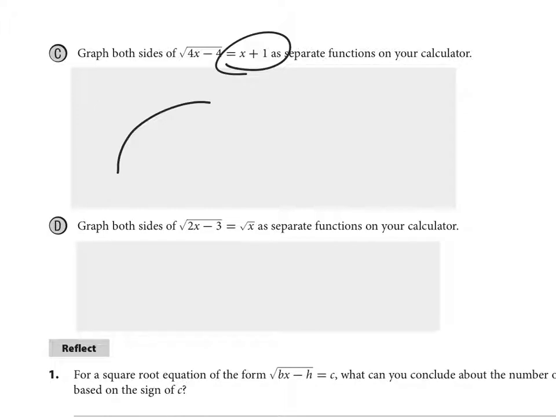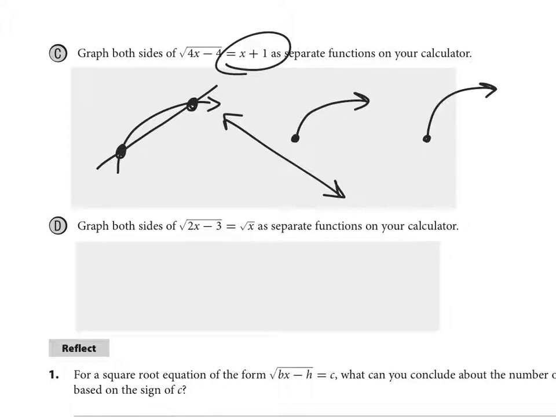If you have a radical and a line, they could intersect in two places, right? Or they could intersect not at all, right? I could have a line that looks like this and doesn't hit at all. Or the other one, it looks like they're going to intersect in two ways, but let's look at a line that looks like this. Notice that since this radical stops, there's really only going to be one solution for that